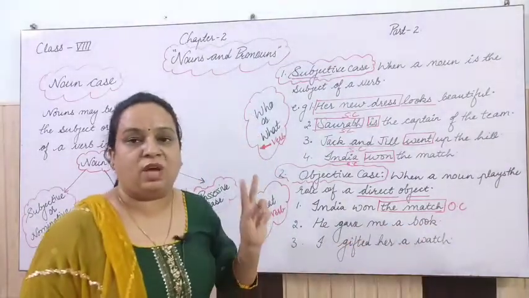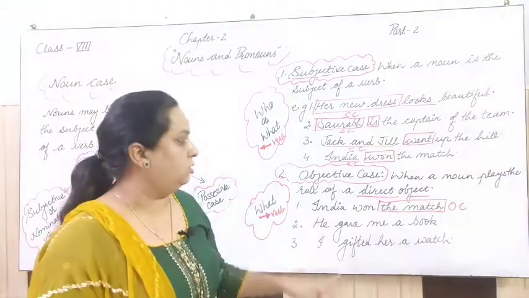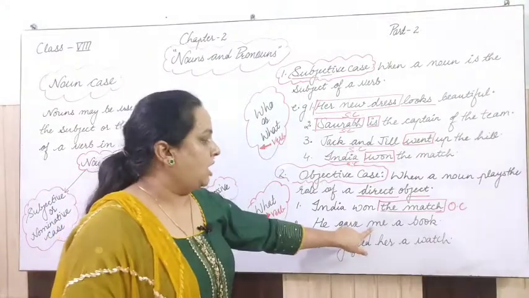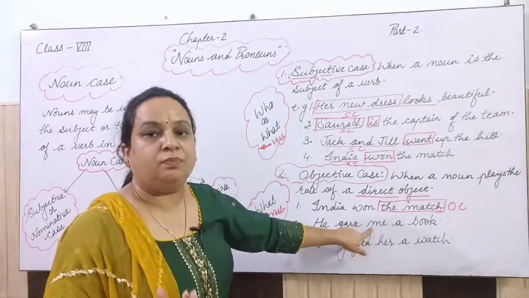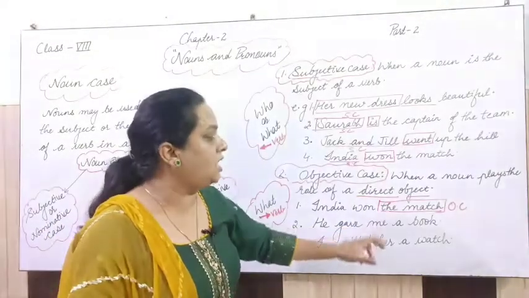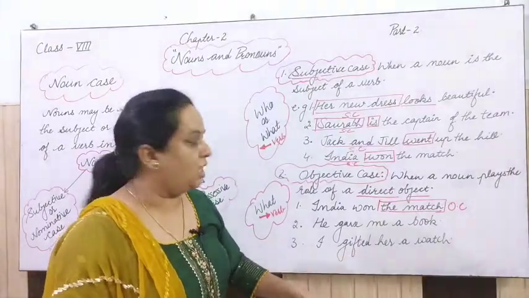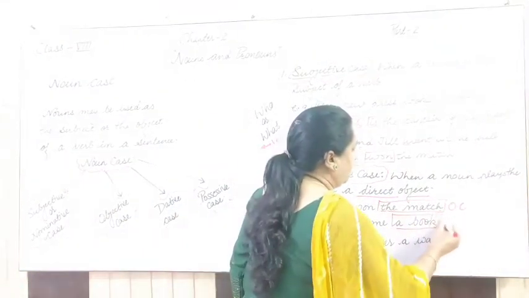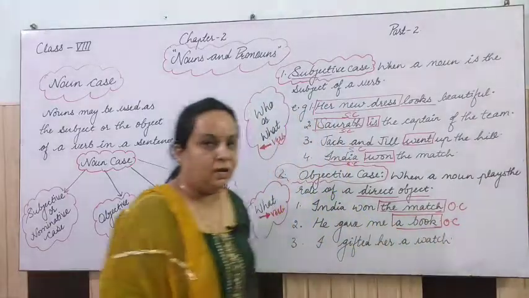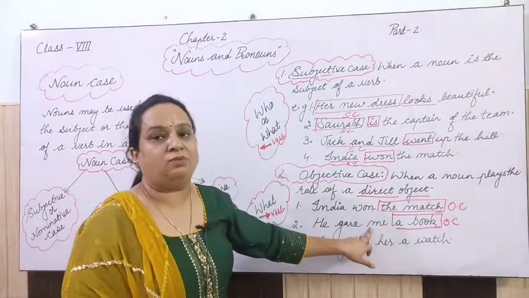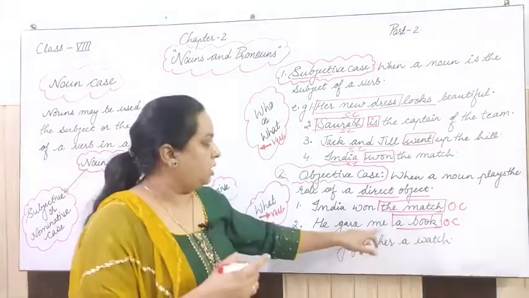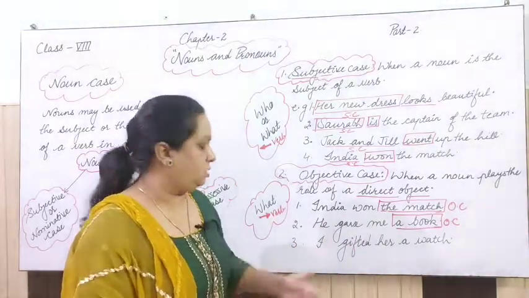Now in this sentence we have both kinds of objects, direct also, indirect also. So what is the direct object here? Direct is a thing, always. So a book is the objective case, right? And if we talk about this me, that will be dative case, because that will be the indirect object, meaning persons.